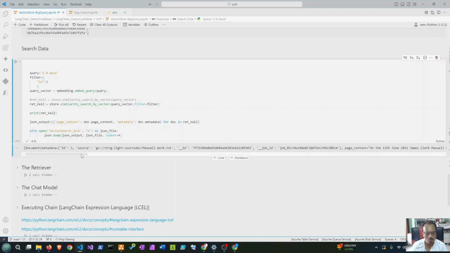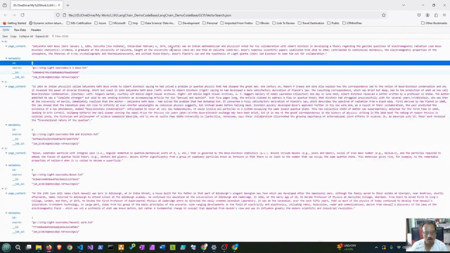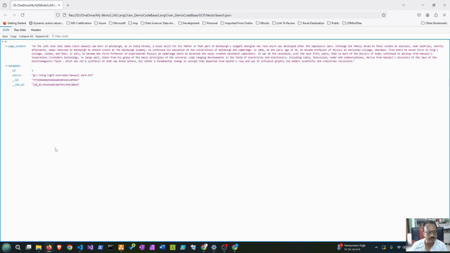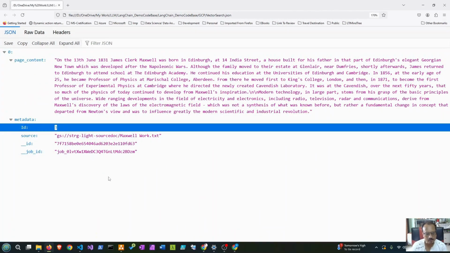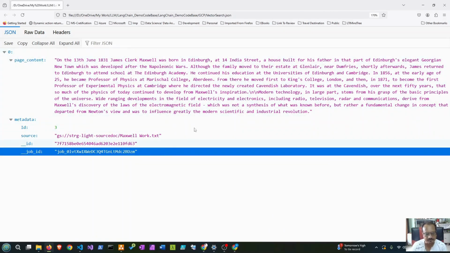Okay, fantastic. We have run it successfully, executed and returned the desired result. So you see now we are only returning the ID 3, right? This is how the filter will work on searching against Google BigQuery. So you can push as much metadata as you want, just to narrow down your expected search result. Because remember always,